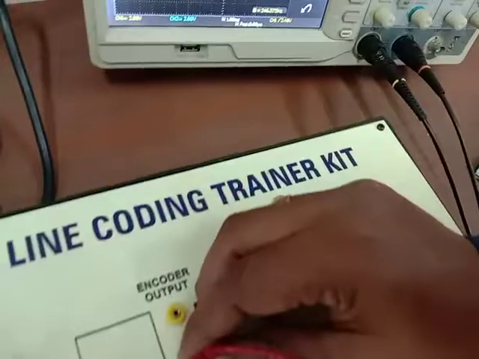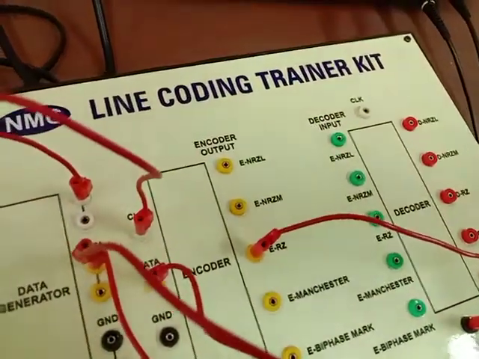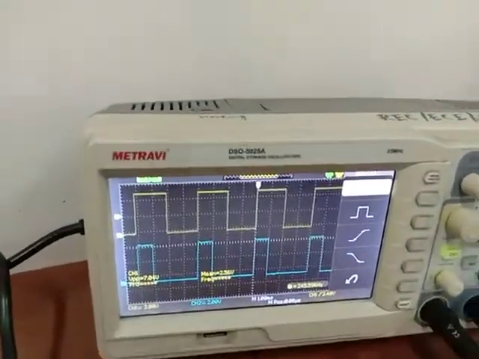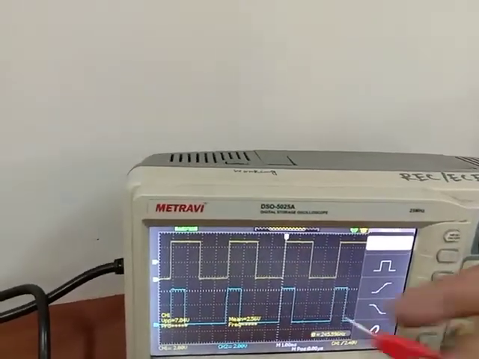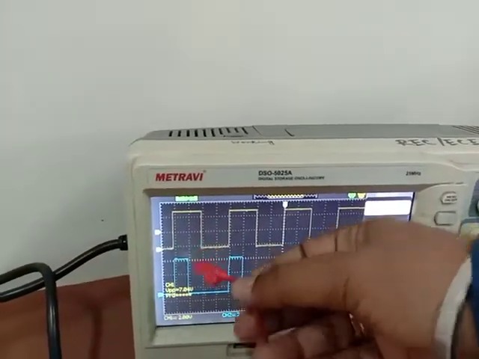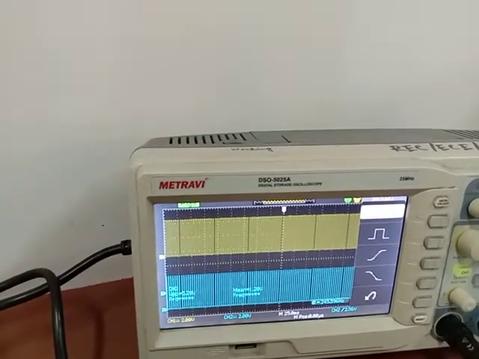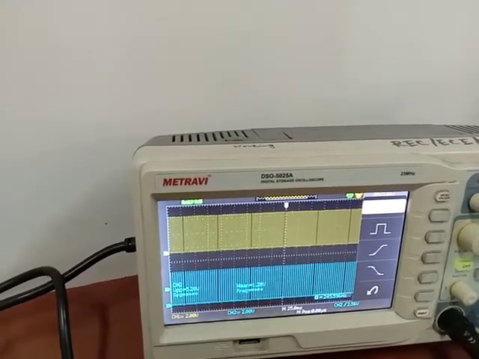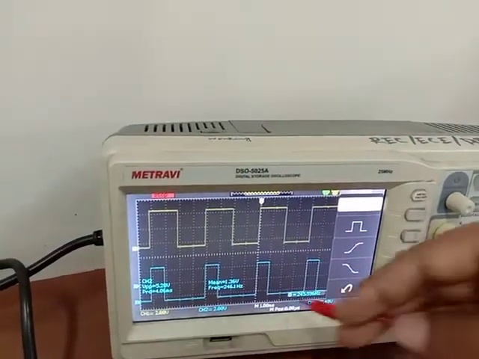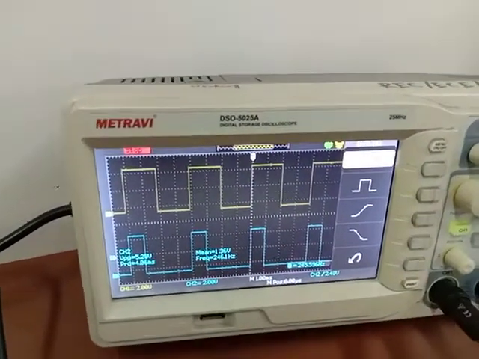After that we will take the output of RZ. In RZ we can see that if we give the input 1, in this position of 1 we get 1, and half of the position we get 0, and for 0 there is no change.